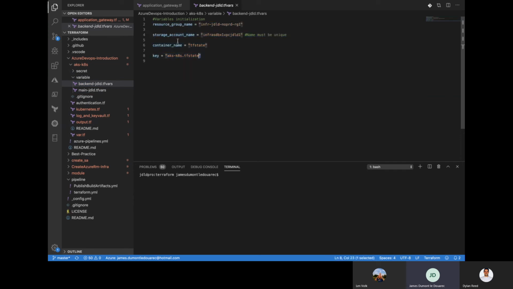These variables actually contain the necessary information to tell my Terraform code where my backend file location is, which is actually in a storage account in the container named tfstate, and I will write down this tfstate key file.